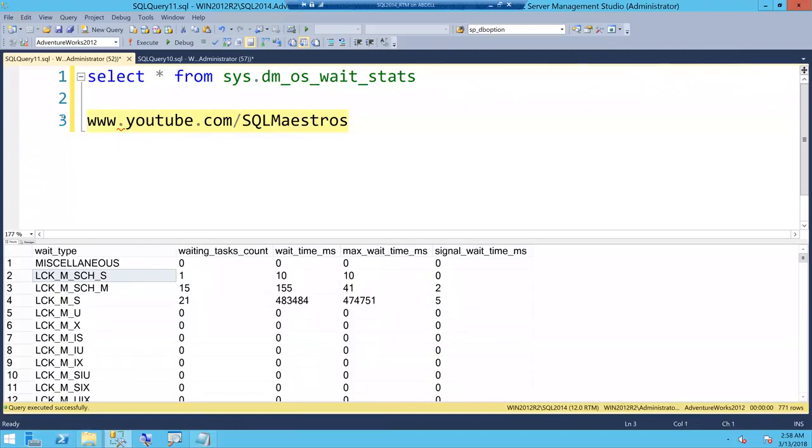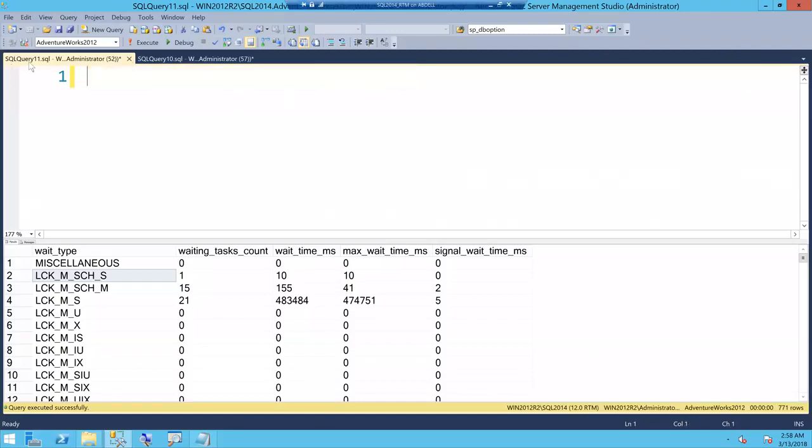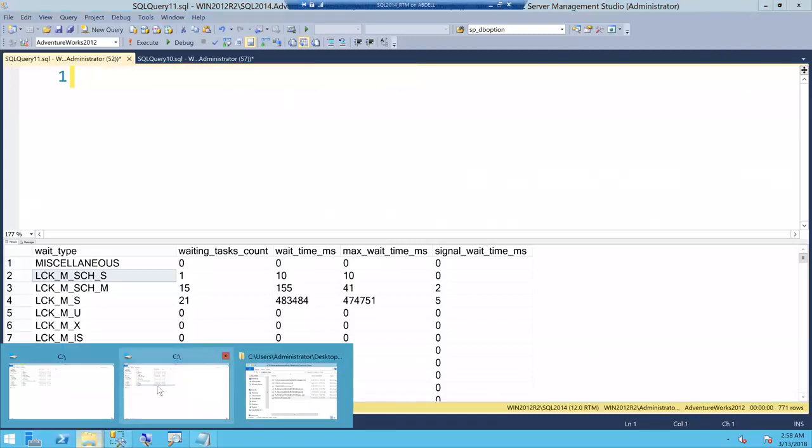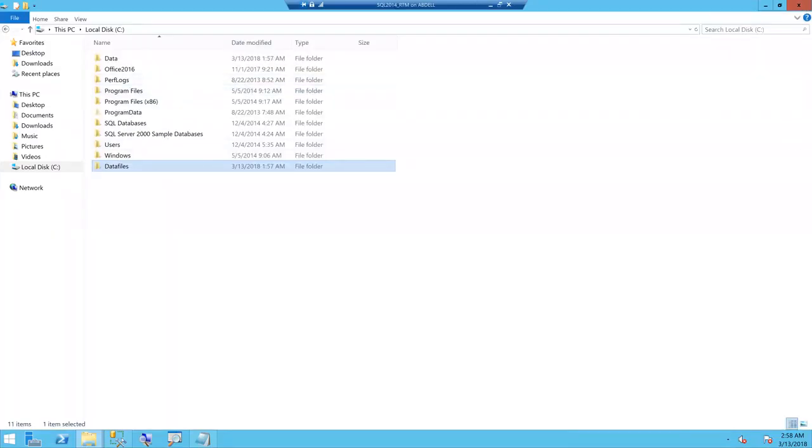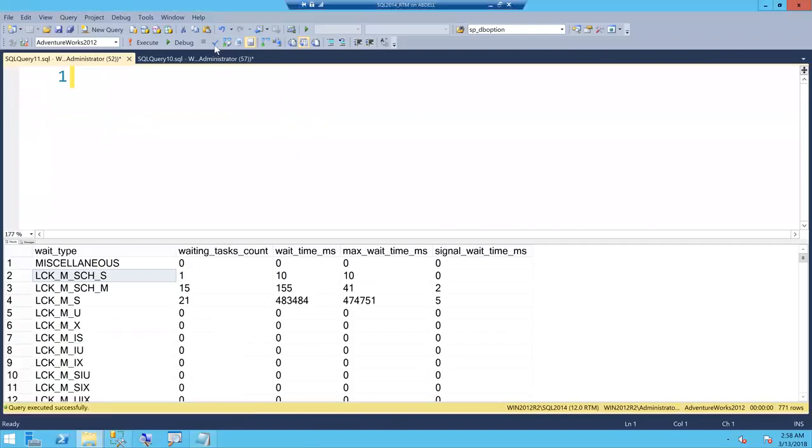Okay, so now, as I said, friends, this session is not about just trying to talk to you about all the different wait types, but about simplifying, right? So now let me pull up another example. I'll go to my scripts and let me just pull out the